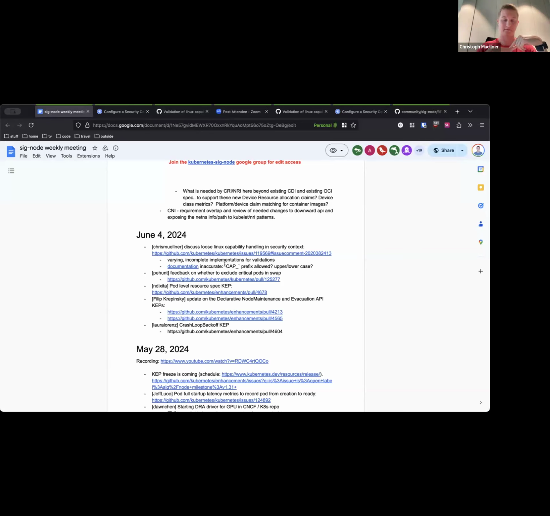If I schedule a pod, then I know that if I set a capability, it has the expected capability. And that would mean on the developer, on the custom validation side, I'm able to validate against this known list of capabilities and have full validation and ensure that the capabilities are set in a way that I expect them to be set, not have this mix of different ways that capabilities are set.